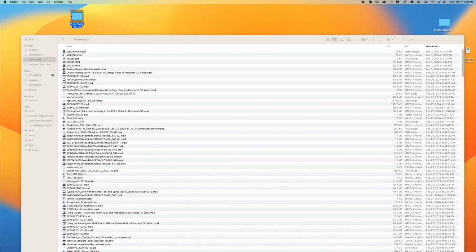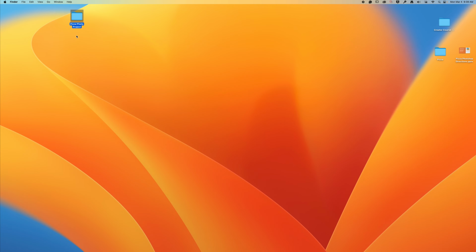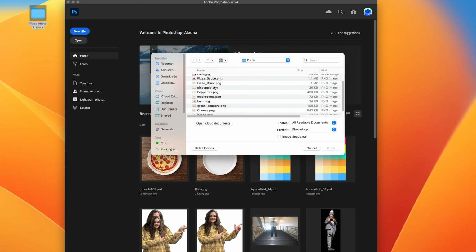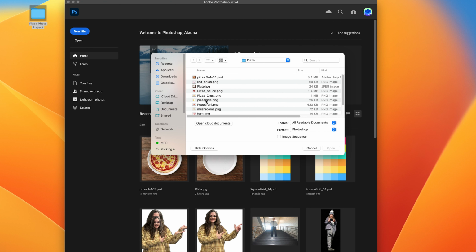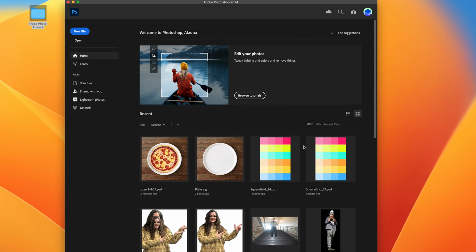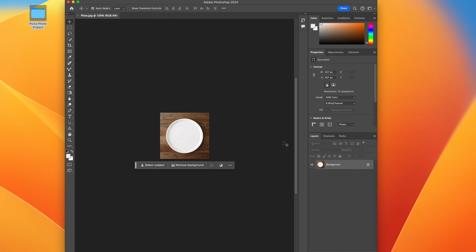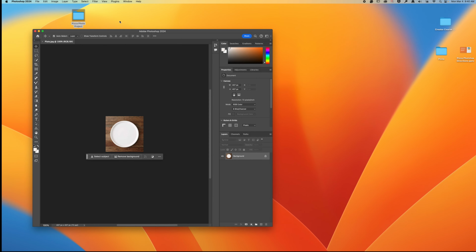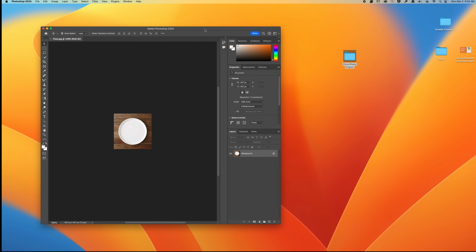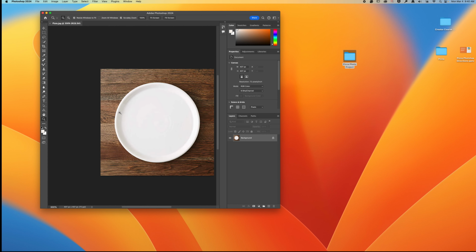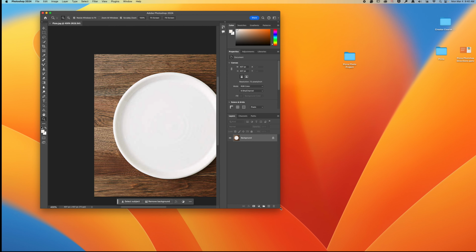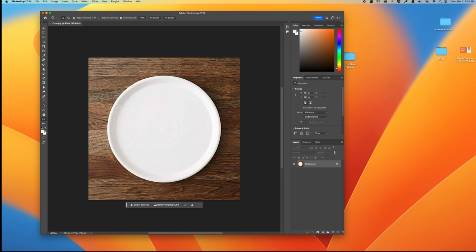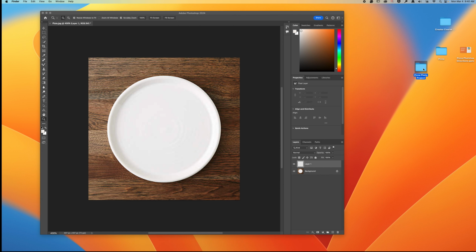Something that we should do is open up the plate picture right here. Give it just a minute, and you can see that it's open, and we have a locked layer. We can zoom in on our picture in Photoshop a little bit bigger. And we can keep this locked, and we can add a new layer, and then we can just pull in